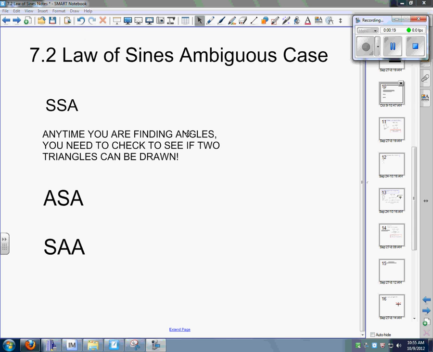Really, anytime you're finding angles, you're going to have to check if two triangles can be drawn. So anytime you have angle, side, angle, or side, angle, angle, you don't even have to worry about it, because with Law of Sines, you have sine of angle and sine of angle already plugged in. You're finding a side, and a side can only be one measurement. But when you have the side-side-angle, you're going to have to check to see if two triangles can be drawn. So as we looked in the book,